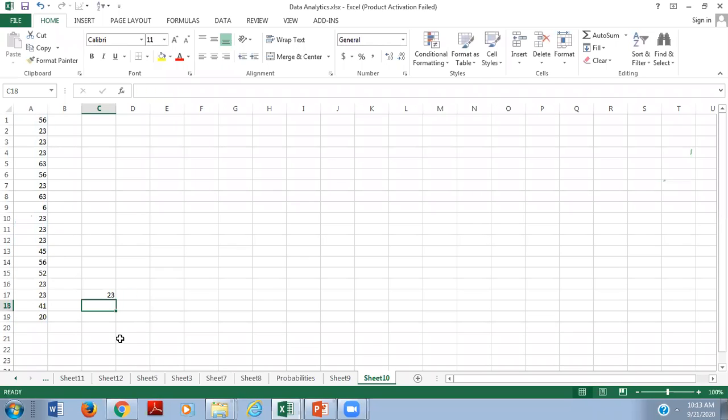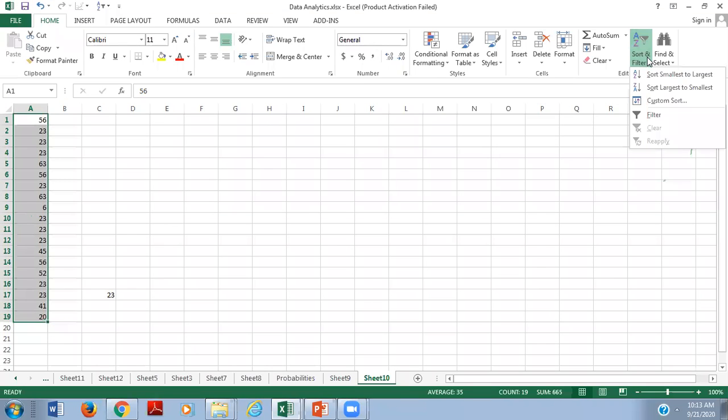Now see here, 23 is the particular value or observation that repeats more frequently, right? If you want to verify it, you can do it with the help of this. Just take that data. We have earlier discussed sorting and filtering.